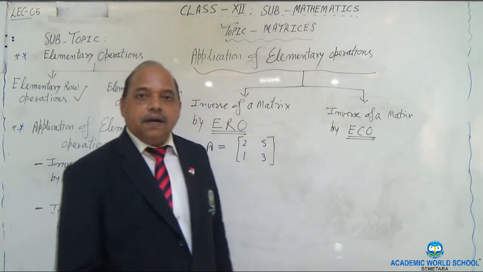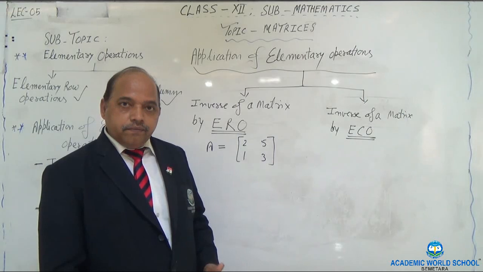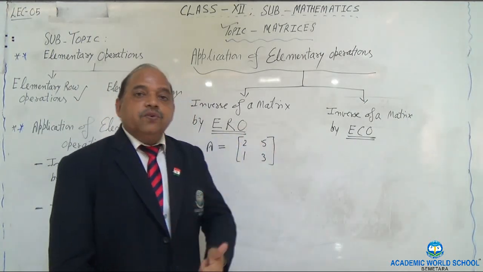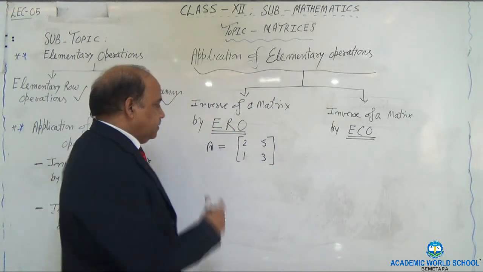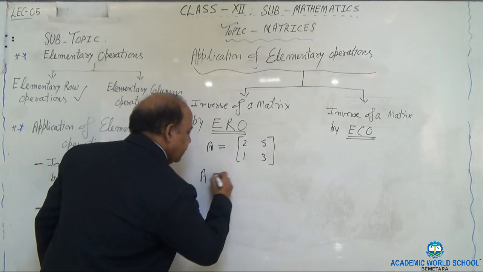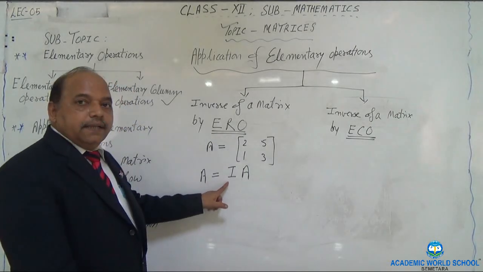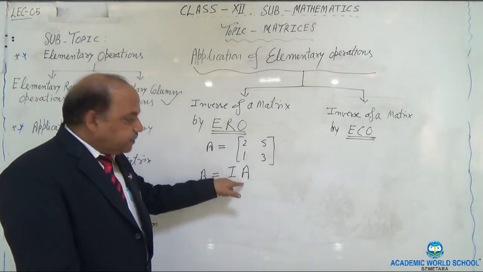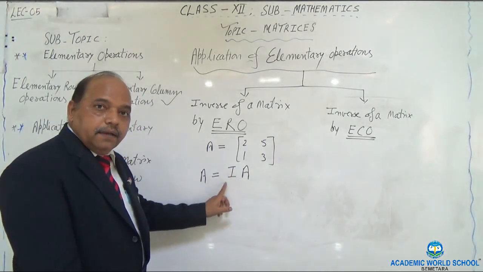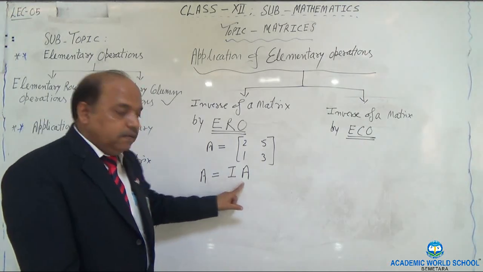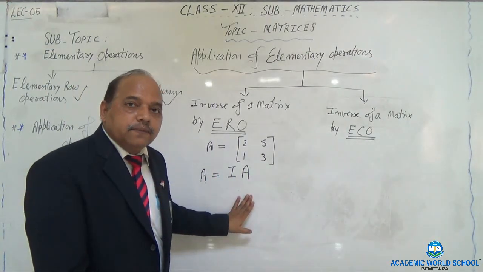Now you need to understand how it is different. There are two differences. One is the way we begin. When you have to apply elementary row operations, please understand, A is equal to I into A. I hope you understand. I is the identity matrix of the same order. So if you multiply I by A, it will remain A. There won't be any change. And so A can be written as I into A. Why are we writing it in this form? I will explain to you.